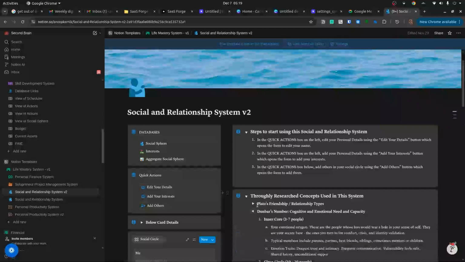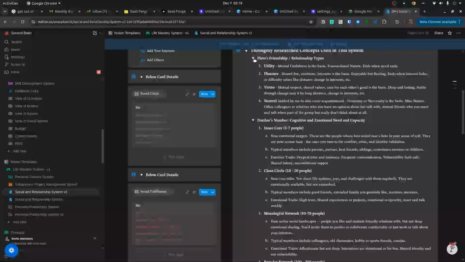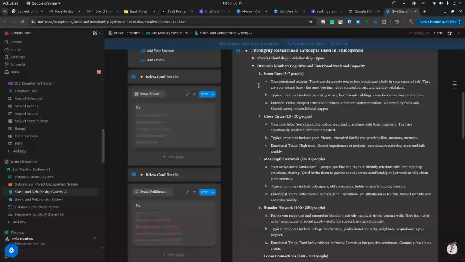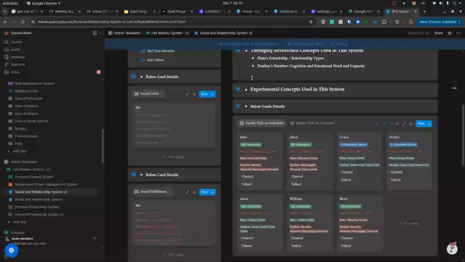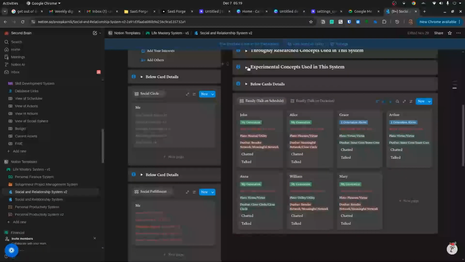all the people. So here this Dunbar number and Plato is defined, what it means, in one definition. You can read it up in a core: how many in the close circle, the meaningful network, how it is defined, typical members, what emotional traits you feel about them. All those kinds of things are defined here. Apart from that,